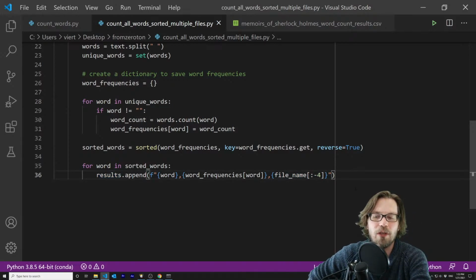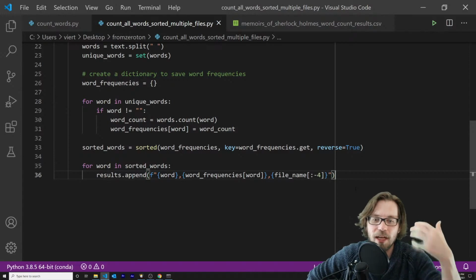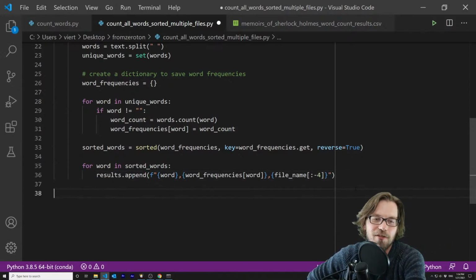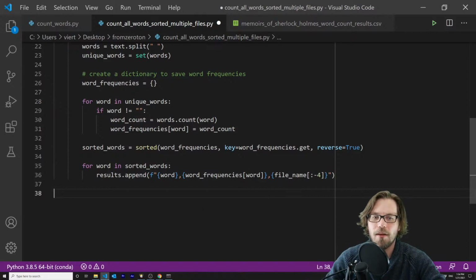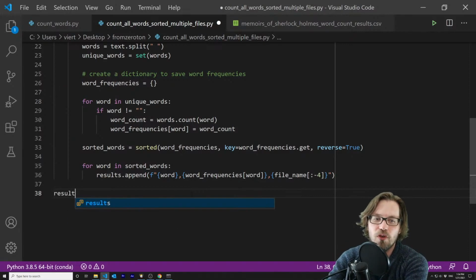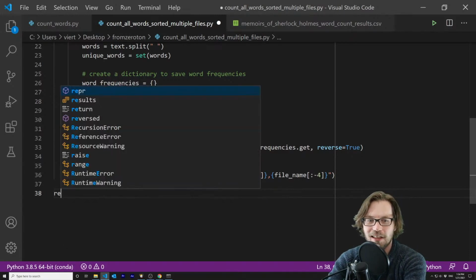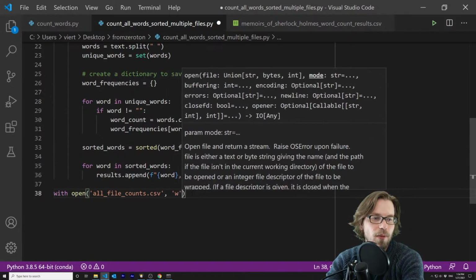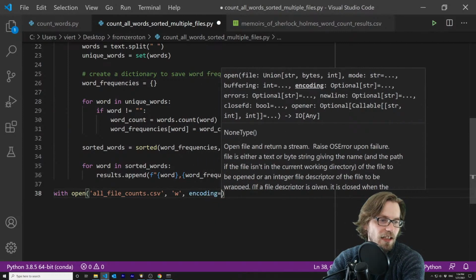So now what I want to do is make sure that all of my code runs, and then I'm going to write to file. So if I tab all the way back out, my results list now should have all of the information. So now I'm going to say with open, I can say something like all file counts.csv. This is going to be write. Encoding again is UTF-8